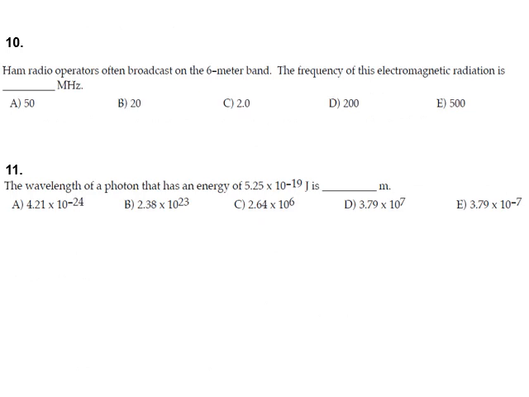Ham radio operators, which I am, often broadcast on the 6-meter band. Well, that's actually wrong because sunspot activity really is low right now. Ham radio depends to some extent on sunspot activity, at least some bands. And this is one of the ones that does, 6 and 10 meter. And so right now, the 6-meter band is just about dead. It's not that you couldn't use it, it's just that there aren't that many people using it right now,